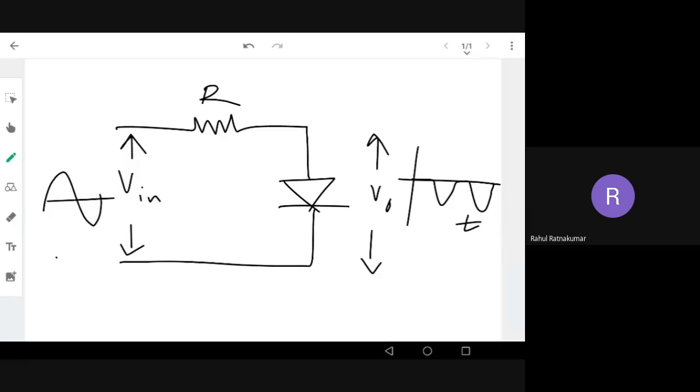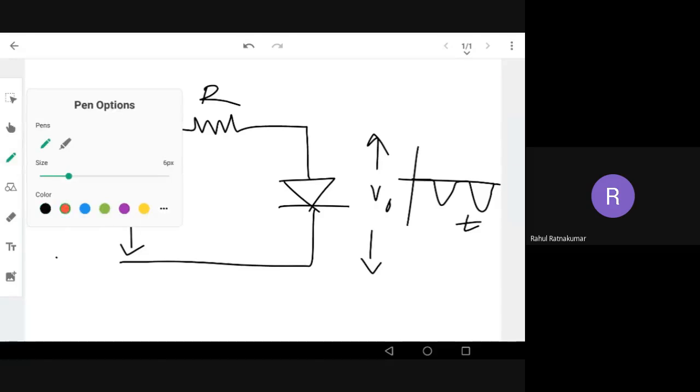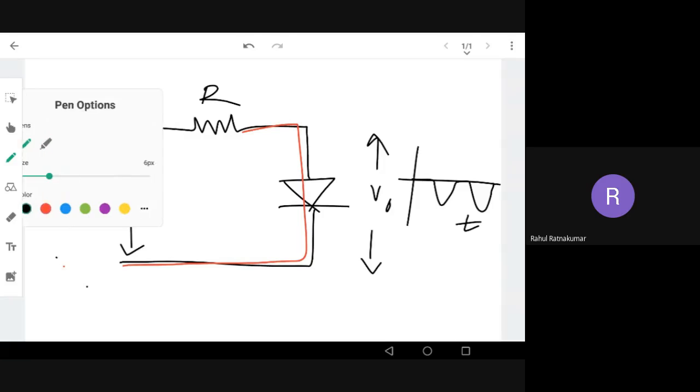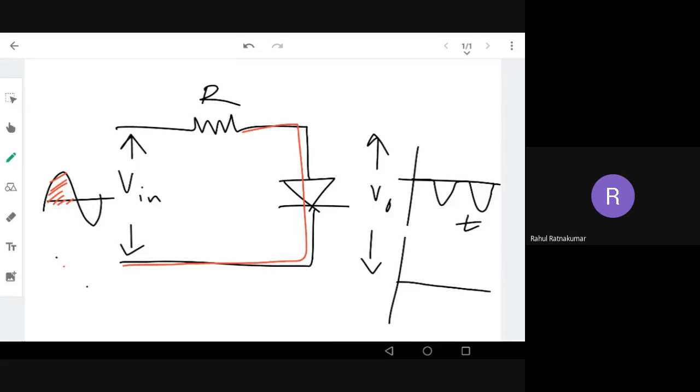The important point is we have got the output in the positive axis. When the positive half of the input is applied, my diode is on. When the diode is on, we know that maximum current is going to pass through it. Now I'll plot my current at the bottom, I output. First we'll draw with respect to time, I out versus time. You can see the bottom right; I'm drawing it.